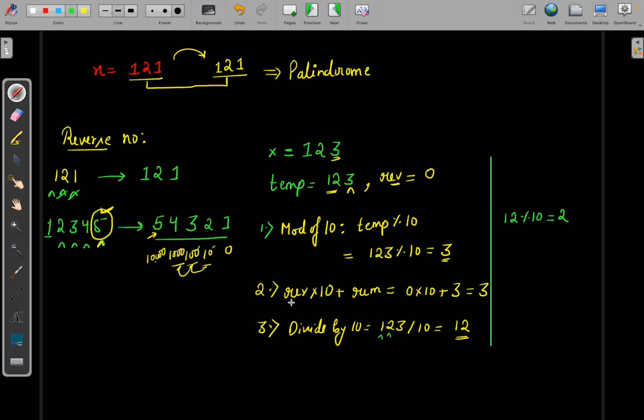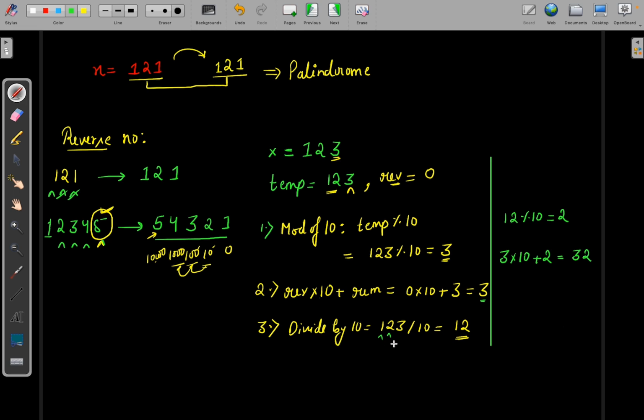And what is the reverse? Reverse is now 3, right? So we multiply reverse into 10 plus remainder. So now reverse is 3, and I will simply multiply 3 into 10 plus remainder,